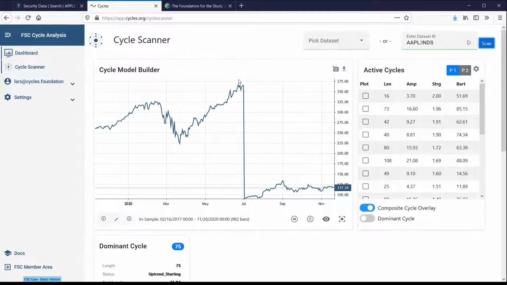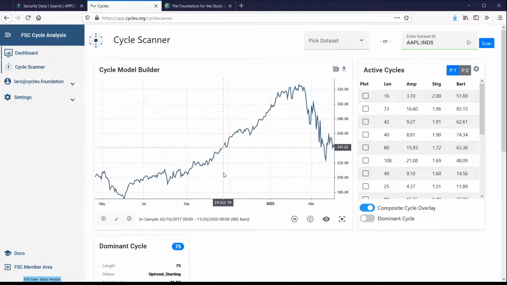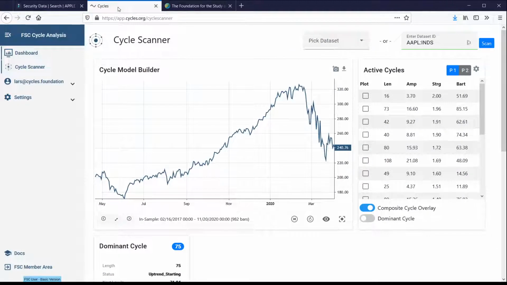It's not split adjusted, but this is the raw data which comes in from Intrinio, and they offer lots of data sets on their homepage, and the foundation is partnering with Intrinio. So we will make sure that in the future, more and more data sets from Intrinio will be available for you in the cycle analyzer. I've put the link down below in the comments where you can find how to find the securities, and it's a secure fallback, for example, if the Yahoo wrapper is not working. So we have now partnered with Intrinio, so this will give you additional cycles in the future. Okay, so this is the data feed topic.